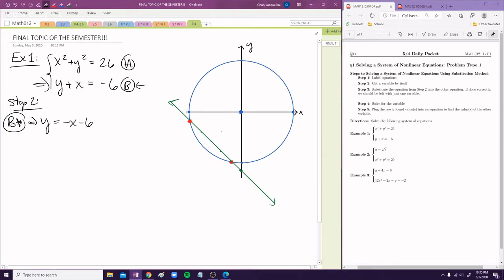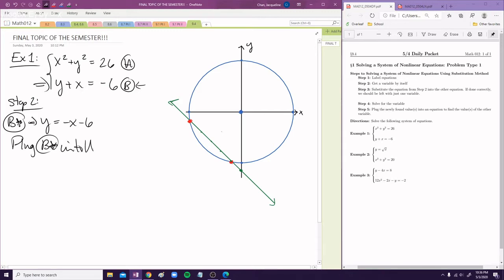Now, for step 3, we're going to substitute the equation from step 2 into the other equation. If done correctly, we should be left with one variable. If it's not done correctly, like if you still have two variables, something went wrong, so we got to go back and check our work. So I'm going to plug B star